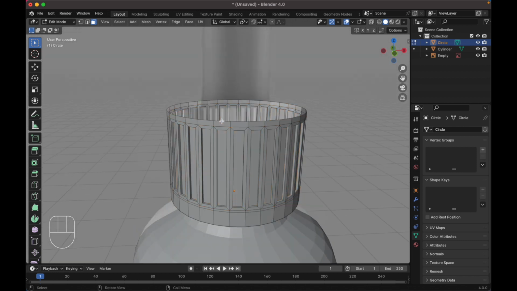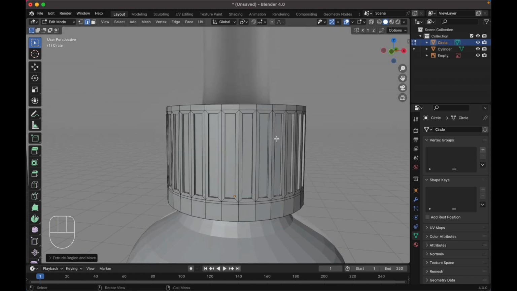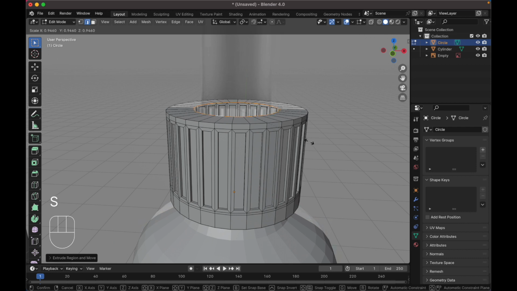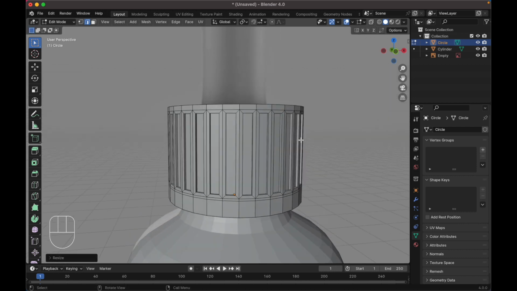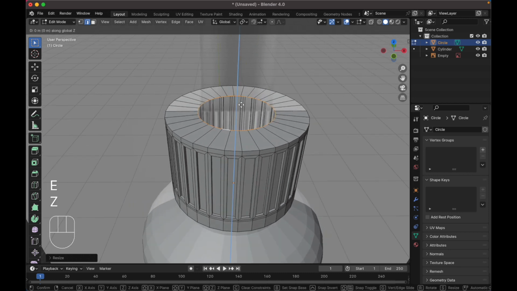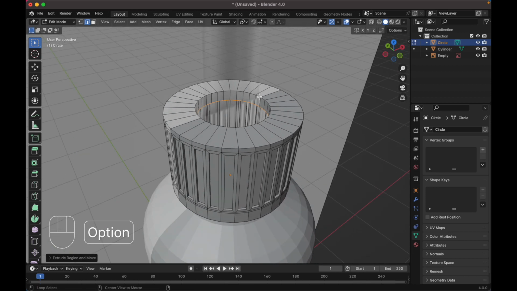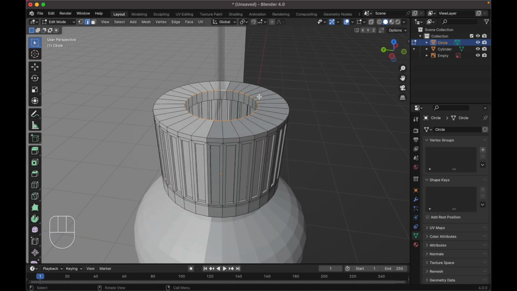select the top of the edge, press E, scale it down like this, scale it again. Okay, press E, Z, scale it down, move it down, hold this, press Ctrl B to bevel it, this edge, Shift Ctrl B to bevel it,